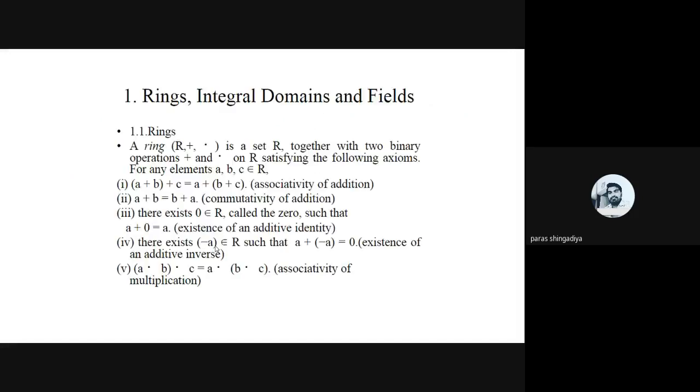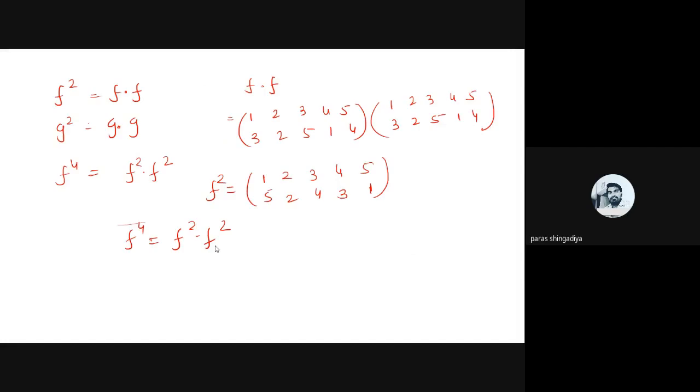And then after that, there is one question from your side. How is the identity an even permutation? Now for even and odd permutations, how can we check even and odd permutation? For even permutations, we should first know about the cycle. Okay, so what is the meaning of cycle?